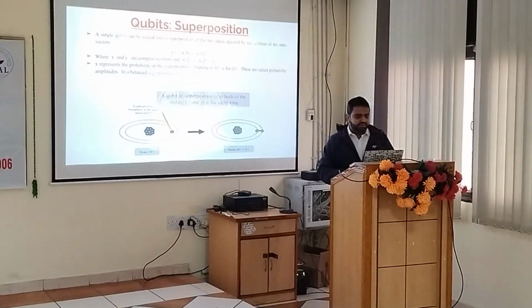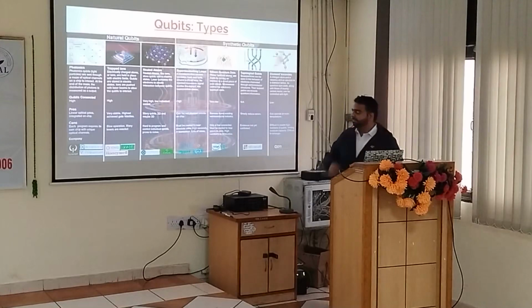Yes. The relation, right? Okay, now the types of qubits. Now we have different types of qubits. If you see here, we have photonics, trapped ions, neutral atoms, superconducting loops, then silicon quantum dots, topological qubits, and diamond vacancies. Now each of the qubits has specific, different specifications, different pros and cons. Accordingly, they are being used by different companies that I mentioned at the bottom. So a comparative analysis is being done, and again these are different categories of qubit types.